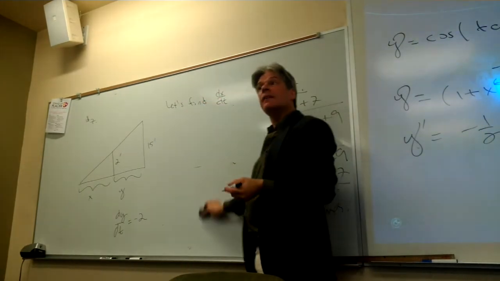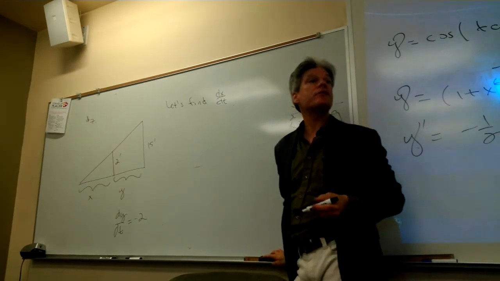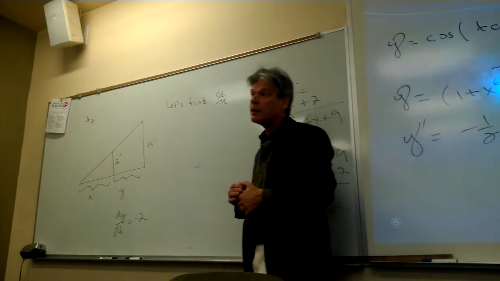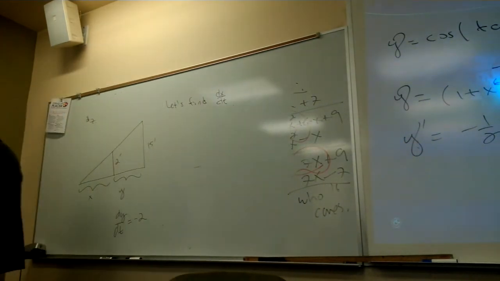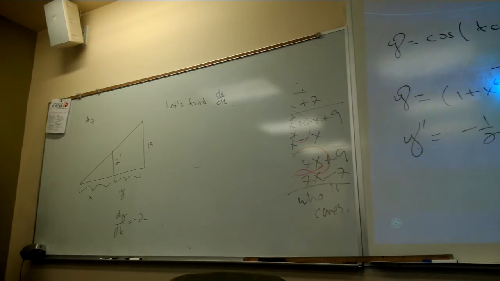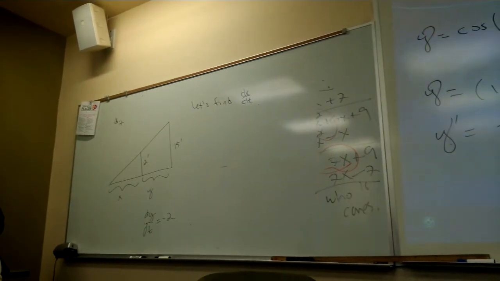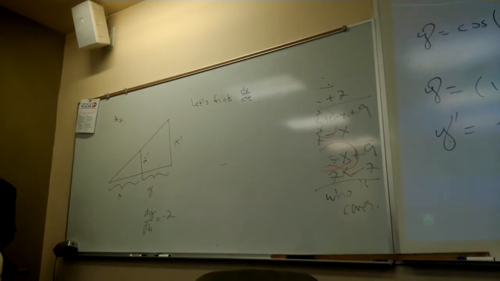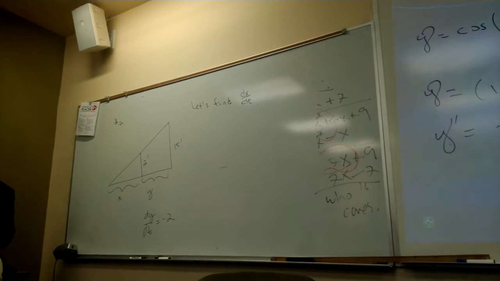And to find dx/dt, I think it's too difficult to build an equation involving it. So I'd rather just build an equation involving x related to something else and differentiate implicitly. When you take a peek at this picture, do you think it would be worth our while to pull out the Pythagorean theorem? No, I don't think so either. Number one, I'm not given any information about it. I don't know how fast it's increasing or decreasing in size. However, I do think there's a way I can write an equation relating y to x,